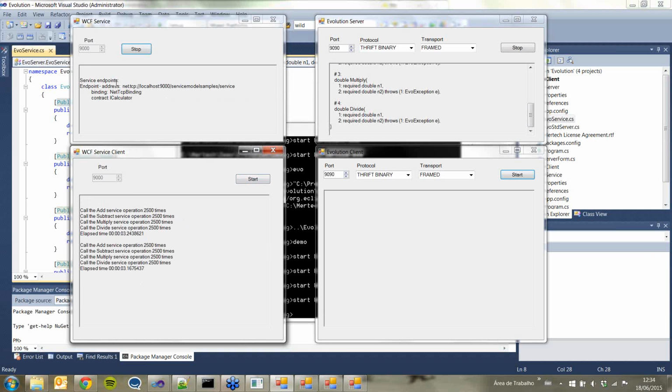Basically, for WCF we are using the NetTCP binding, which is the endpoint using TCP and binary messages. And we are calling these 2,500 operations, which one? In total, we have 10,000 operations being done against this service. If we run the same operation against the Evolution,